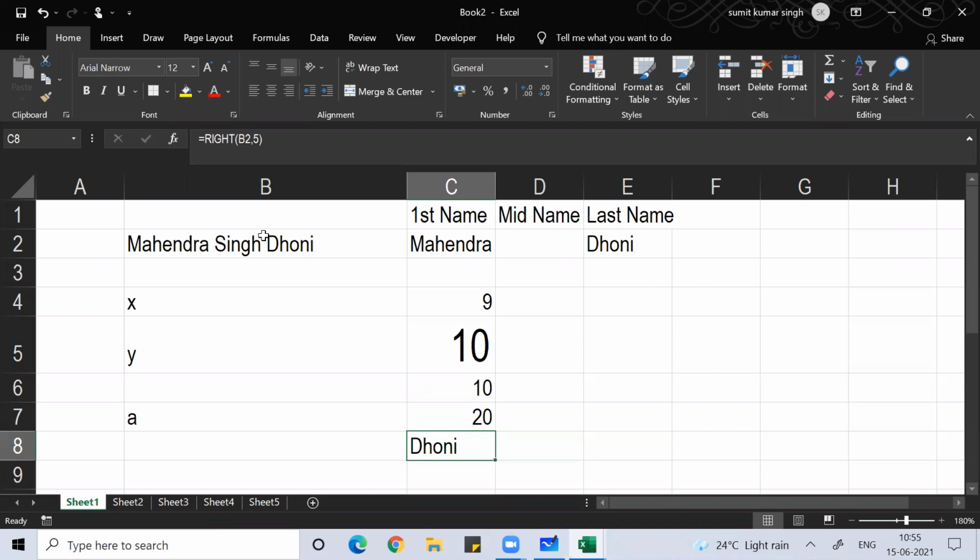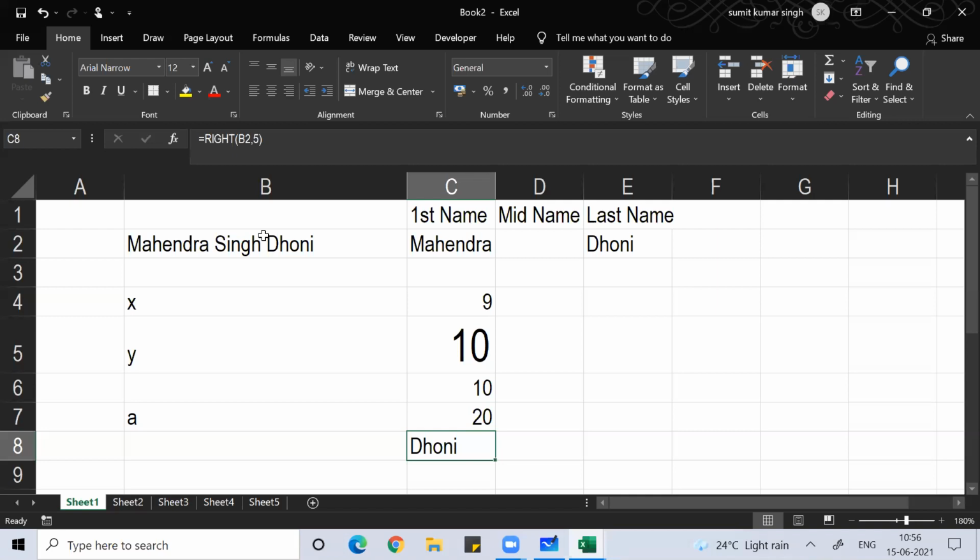From the 20 characters, what we are trying to realize here is how I can find the second space. For that, the number of characters I'm asking is after the 10th, so 10 plus 1.